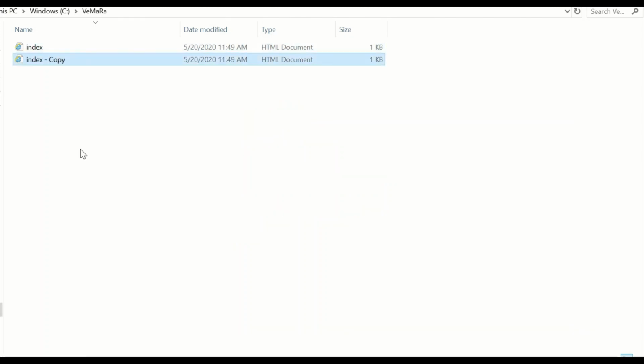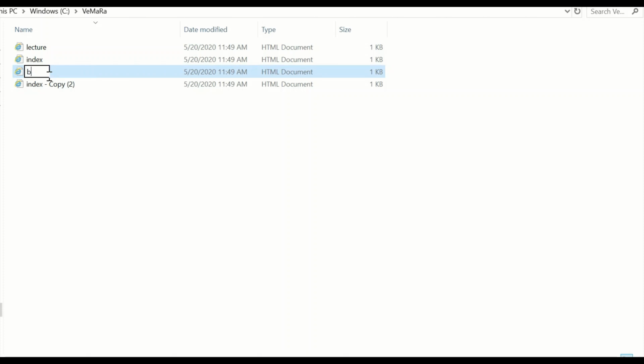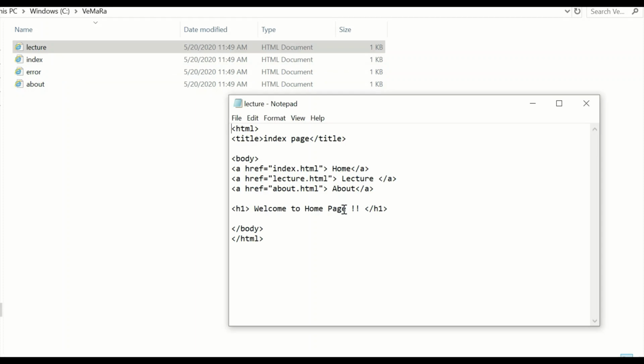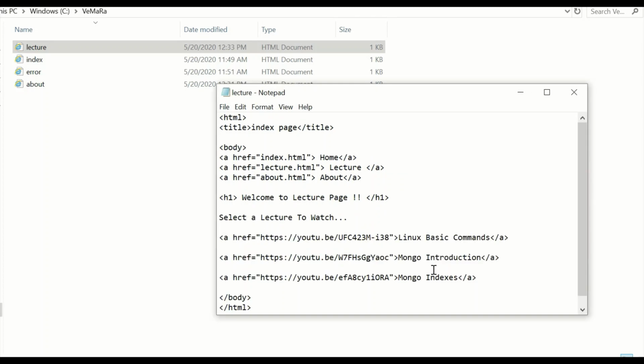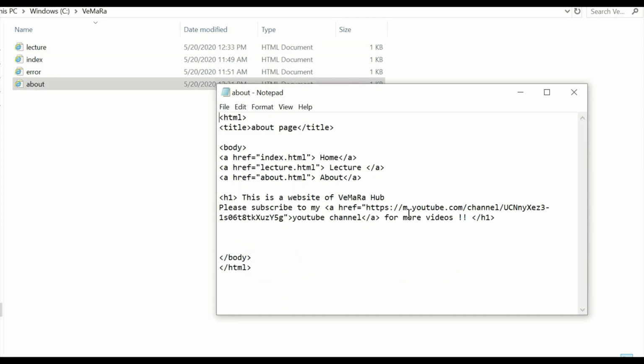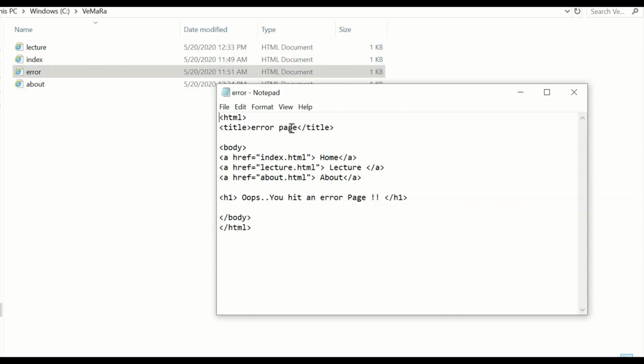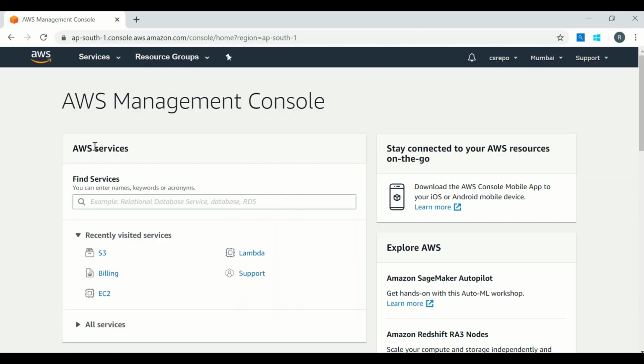We copy it and create other pages: lecture.html, about.html, and we'll have an error.html for errors. So I'll edit the other pages. It's a lecture page, so I'll say welcome to lecture page and include some hyperlinks. Similarly, I'll edit the about file also. I'll also create an error.html file to redirect if there are any errors in our website.